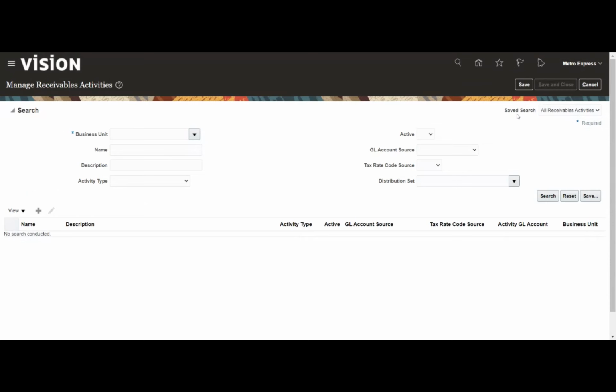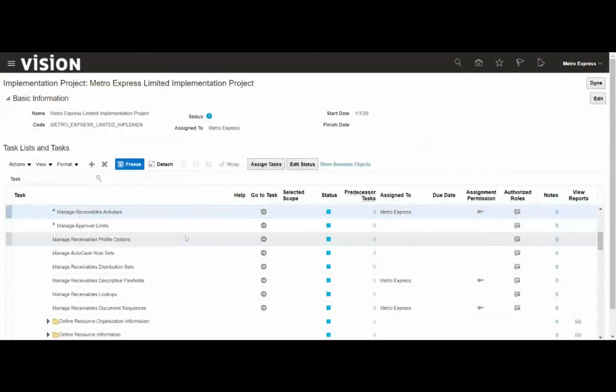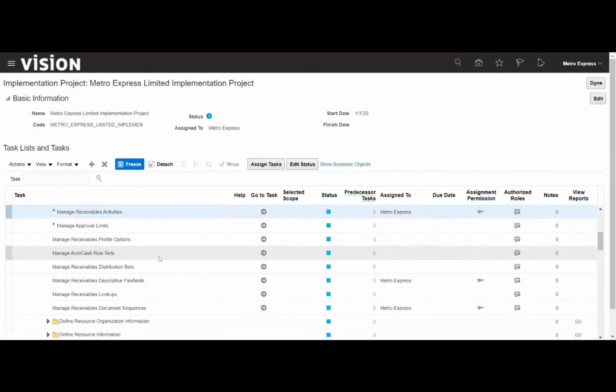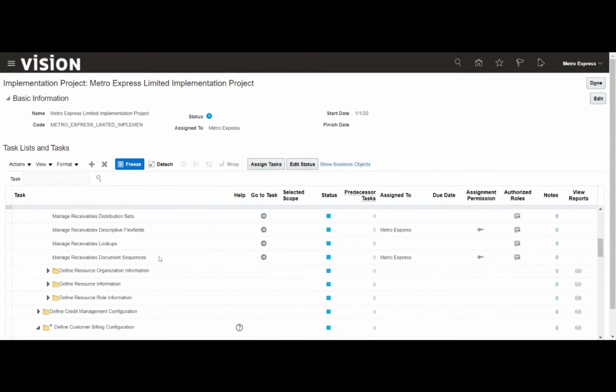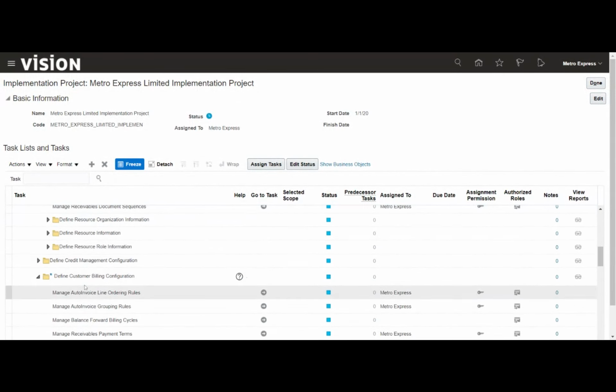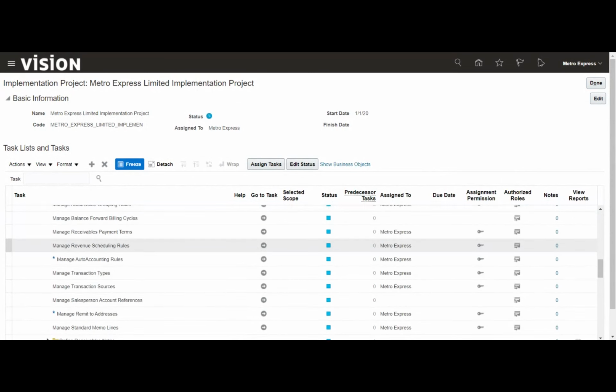Yeah, so we are done with creating the receivable activities. These are the mandatory things for our transaction. Next, we will also create the receipt-based setups.